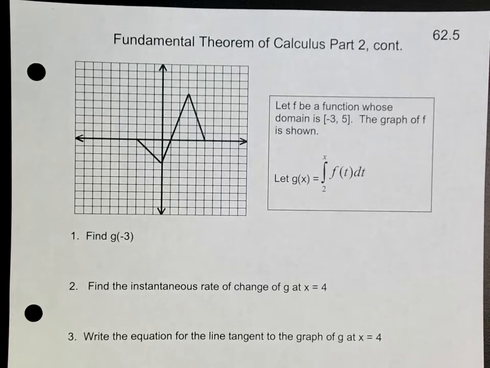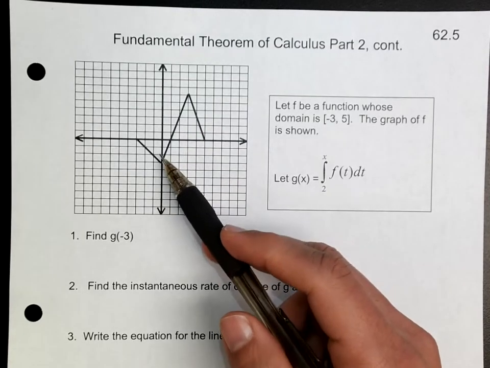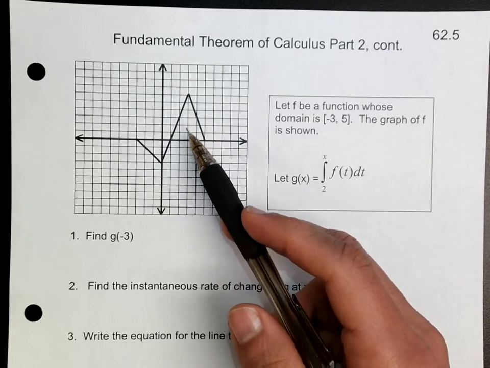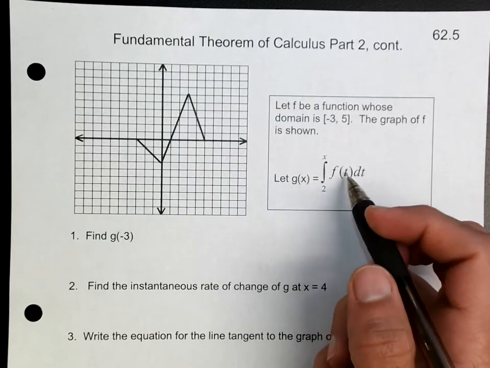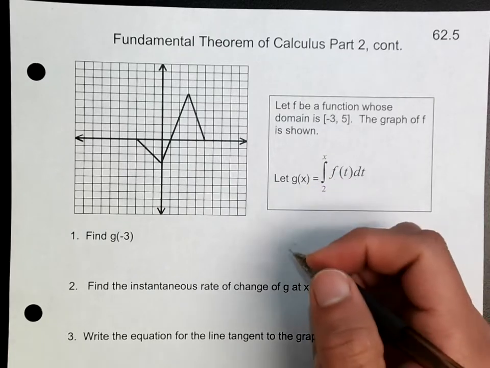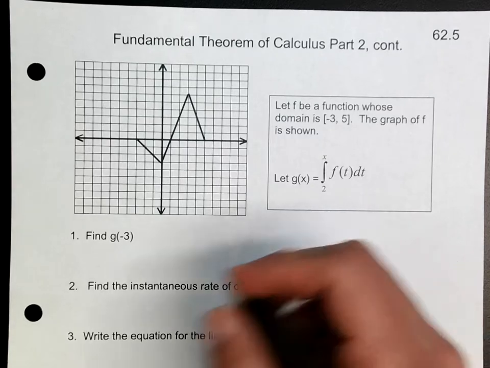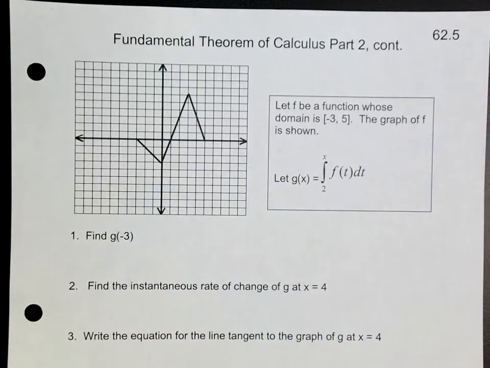Alright guys, so this is the fundamental theorem of calculus part 2 continued. So this is following the examples that we did on 62. So this graph right here is the graph of function f. Okay, and notice that g of x is the antiderivative of f of t. So what we're going to do on this one is we're actually going to take the integral